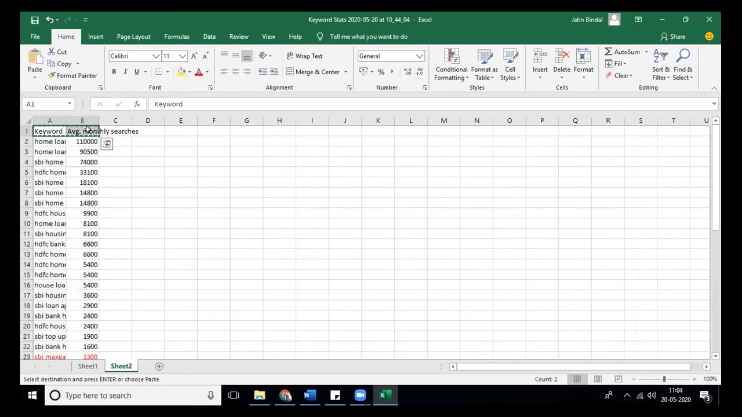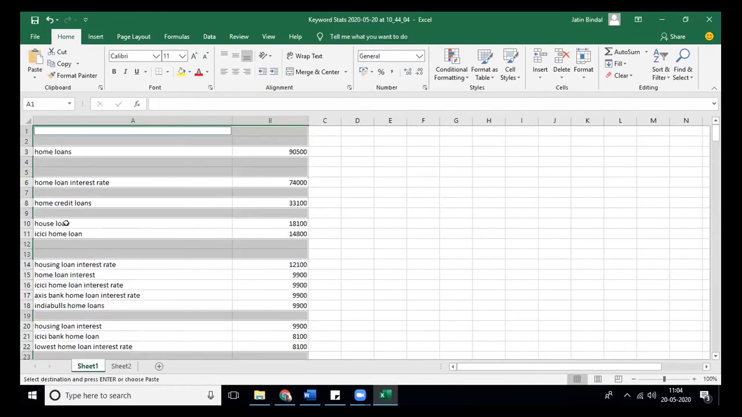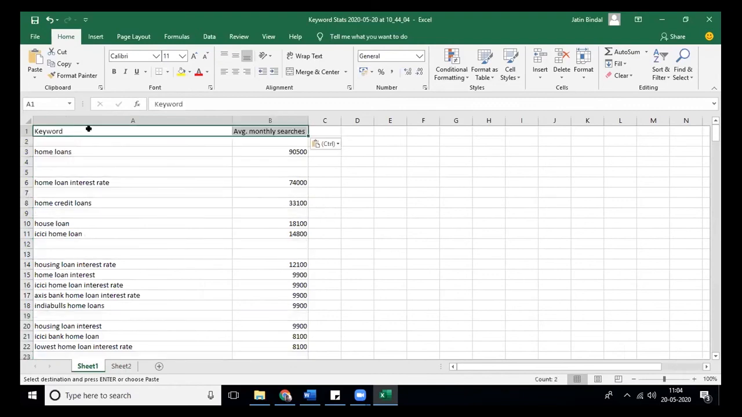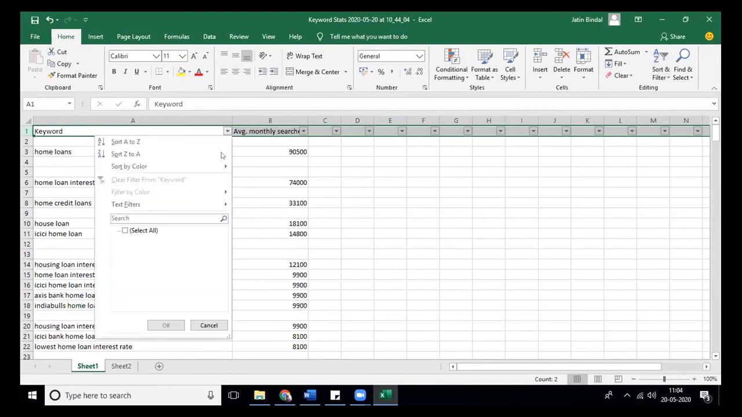Okay. So I removed the HDFC keywords and SBI keywords. Let's again put a filter and